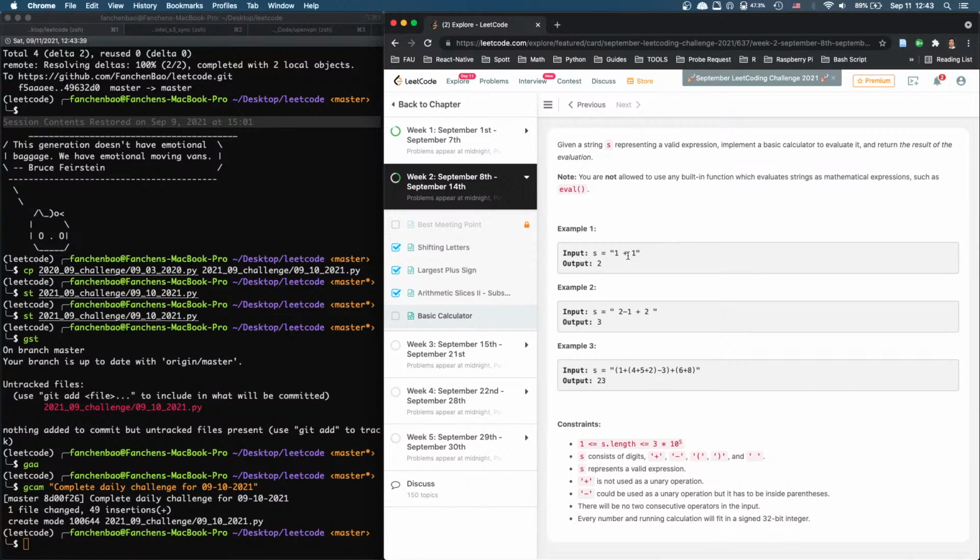Okay, evaluate it. I think we can just use a stack. 3 times 10 to the 5th, plus, minus, parentheses. And they have empty space. Plus could be used as a unary operation, but it has to be inside parentheses. Ooh, interesting. Note: 2 consecutive operators in the input. Every number returned will fit in a signed integer. Okay, so